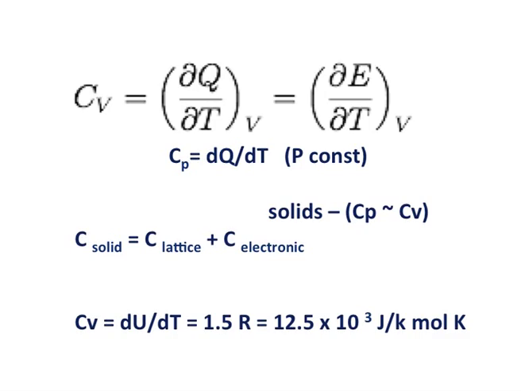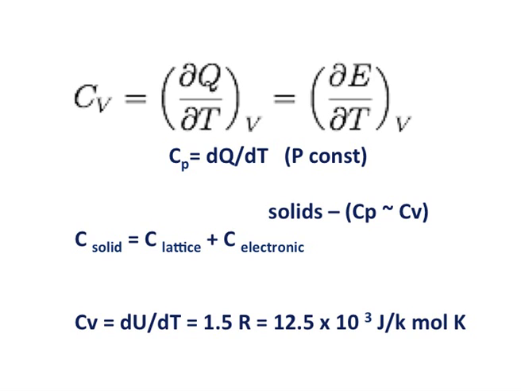analyze them. The specific heat is generally called CV, that is specific heat at constant volume. In the case of solids, CV and CP happen to be very nearly the same. So CV is equal to ∂Q by ∂T at constant volume. Q is the quantity of heat and the associated energy is given in the form of ∂E by ∂T at constant volume. So for solids, Cp is nearly equal to Cv and the corresponding specific heat of a solid